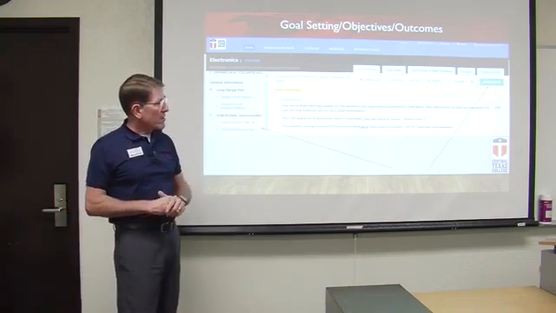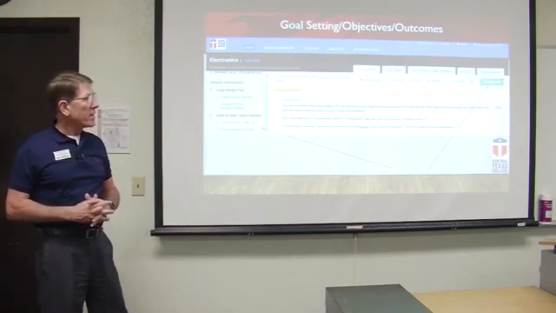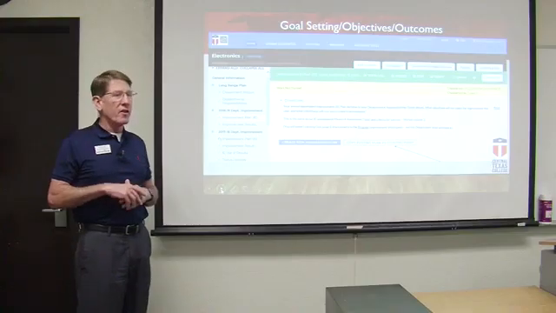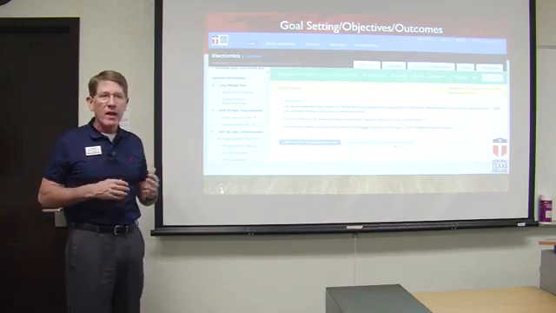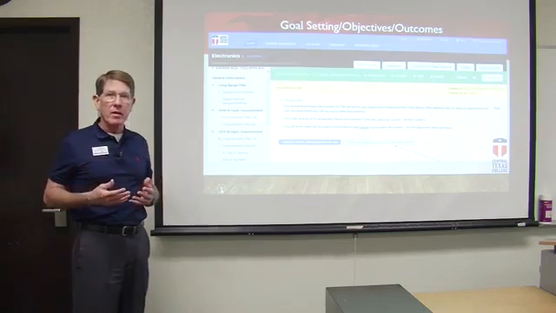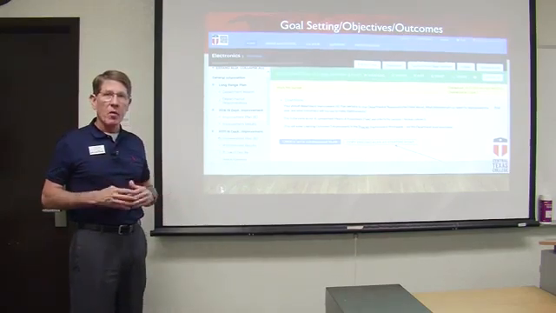You'll click, just like the library system, the checkout area and then this screen will come up. You'll have an option to either create a new assessment plan completely from scratch, okay, or you have an option of choosing one that previously existed. Okay, so normally you'll just choose one that you've already done before. That will import the information into the new year for you, and then you can just go in and edit that information as need be. So if you didn't accomplish one of your goals or outcomes for last year, and it's something that you wanted to continue to work on and to perfect going into the new year, you already have the information in there. You just have to go in and edit that.